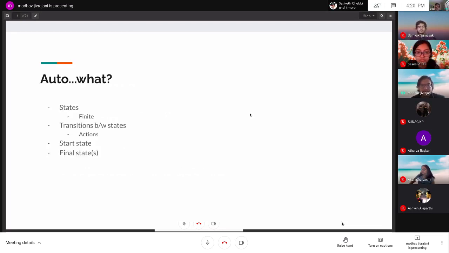First things first, I saw that there were quite a few first years, so I'm not going to assume that some terms are known. The first term is: what is an automata? An automata is a tool that you would use to model a process.